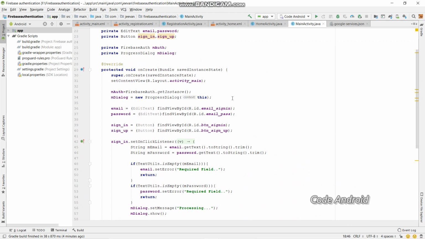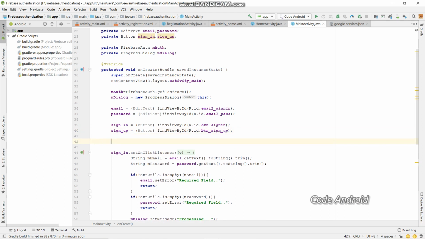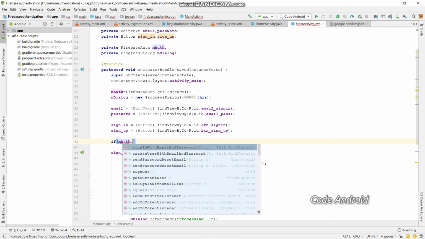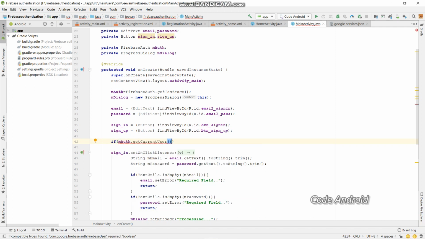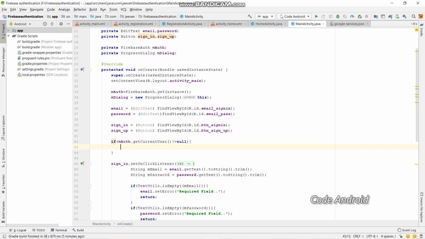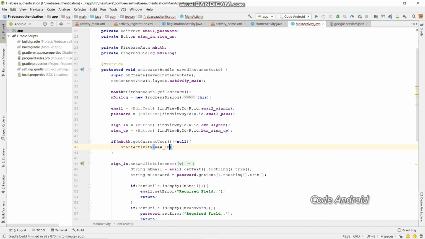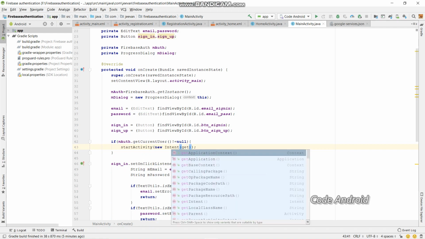Okay, within the onCreate method, that is after initializing the mAuth, just place this code, that is giving the condition that if mAuth.getCurrentUser() not equal to null, then you just need to redirect directly to the home activity, that is to startActivity(new Intent(getApplicationContext()